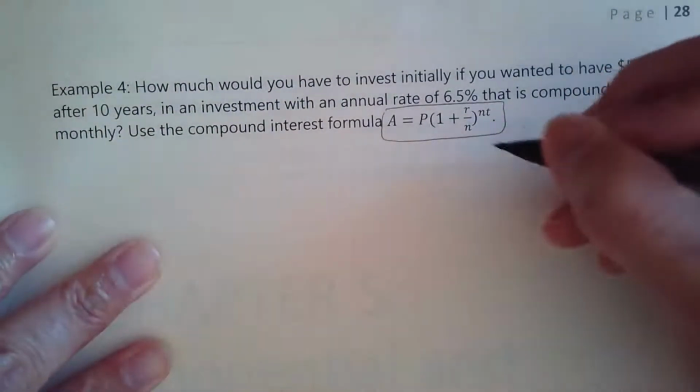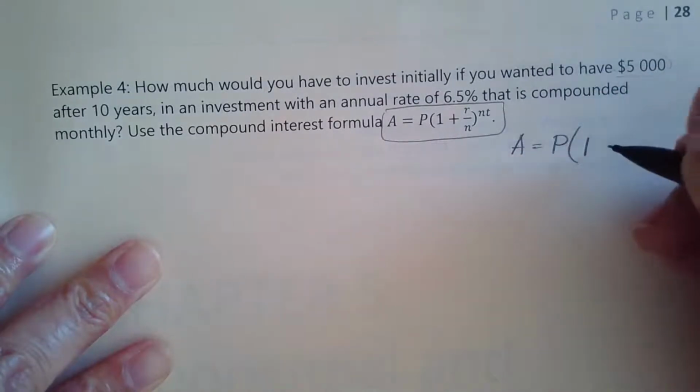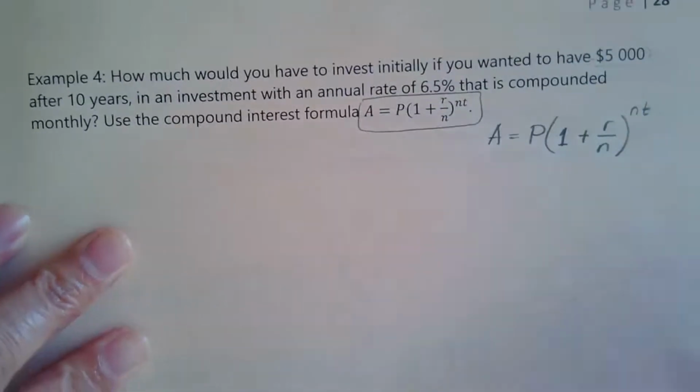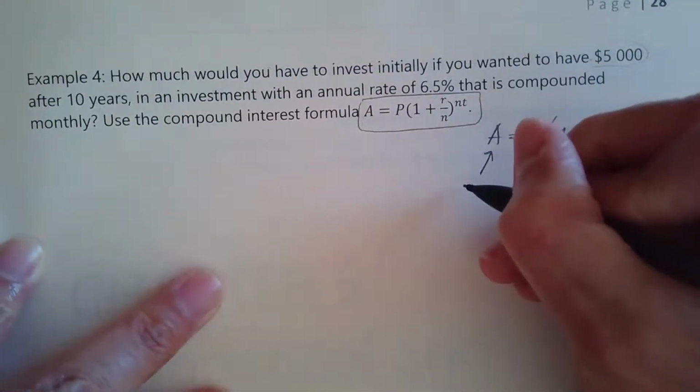A equals P times 1 plus R over N, to the exponent N times T. Okay, so A talks about the final amount,